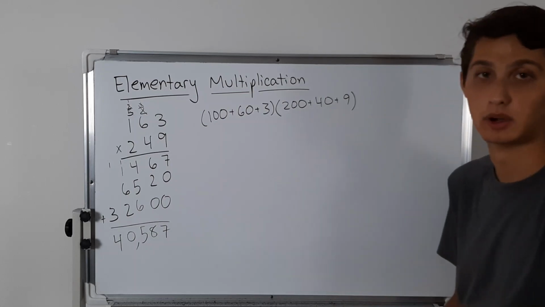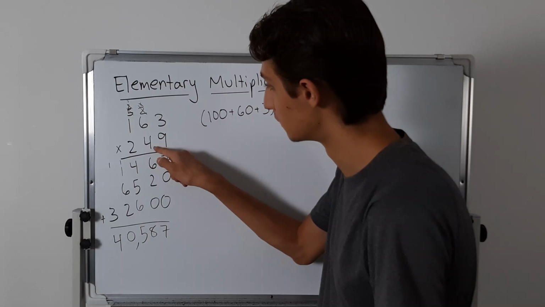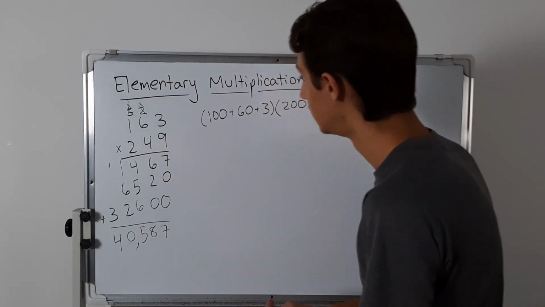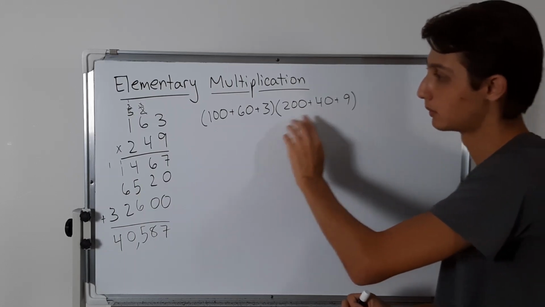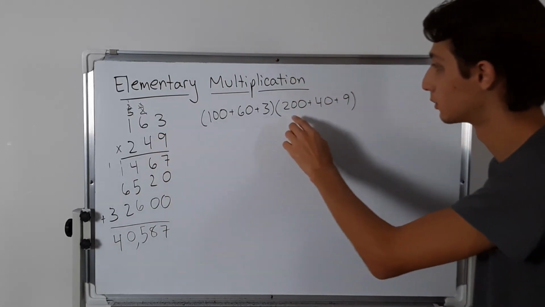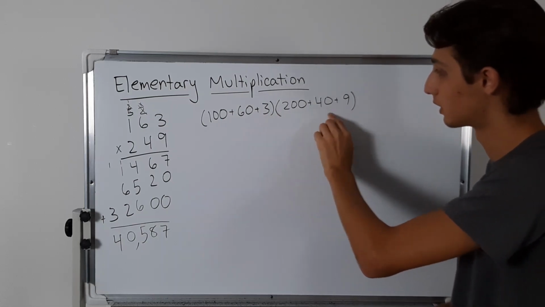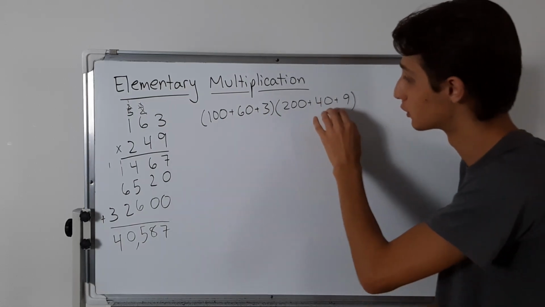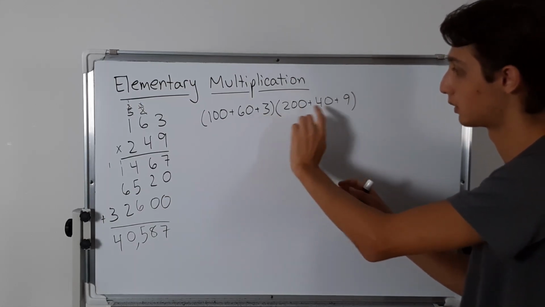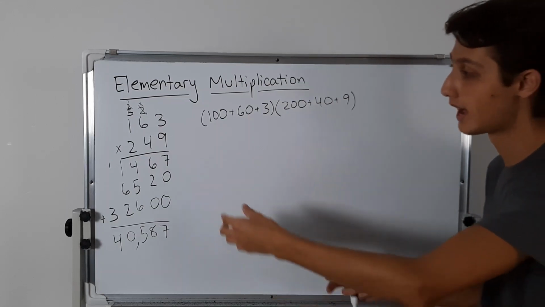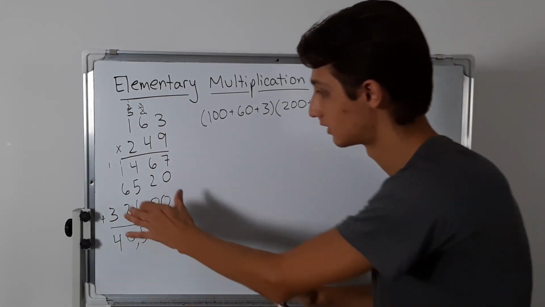So really we just FOIL it, and this might be really weird for some of you, but this is exactly what you do. And the reason why, like here, when we work with the 4, we put a 0 there, is because that 4 really means 40. And so whenever we do 4 times 3, really we're doing 40 times 3, right? So we can't just do 4 times 3 because that's just 12. We need that 120. And if you do the foiling, you'll eventually get to a point where it's like, okay, 3 times 40 is 120. So you don't add 12, you add the 120,